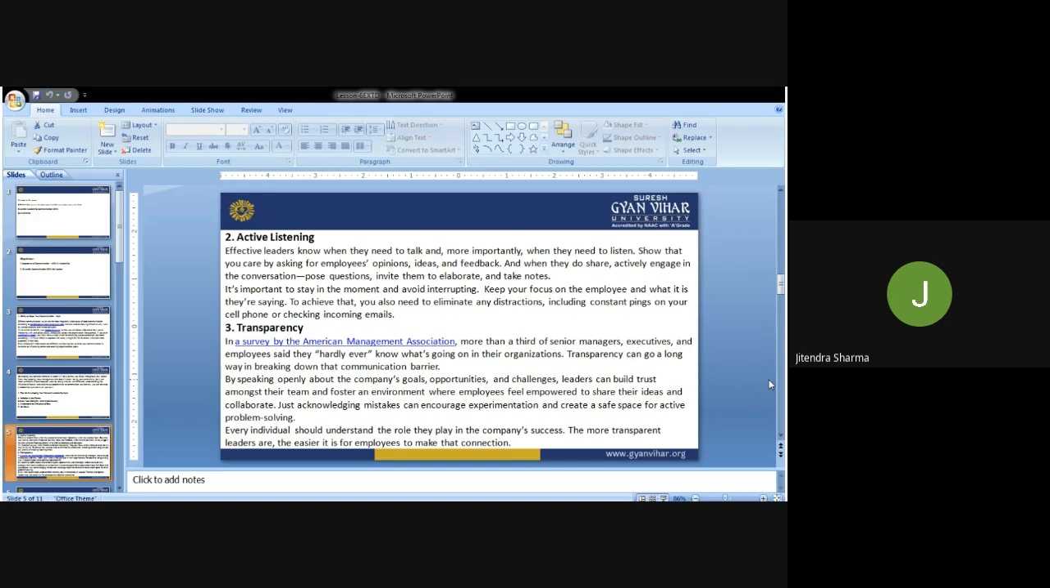Every individual should understand the role they play in the company's success. The more transparent leaders are, the easier it is for employees to make that connection. Because if there is no hide and seek game, we have to have clarity about what kind of vision the organization has, in what way things will be achieved, and what the objectives and goals are. If we have clarity from top to bottom, and the role of every stakeholder